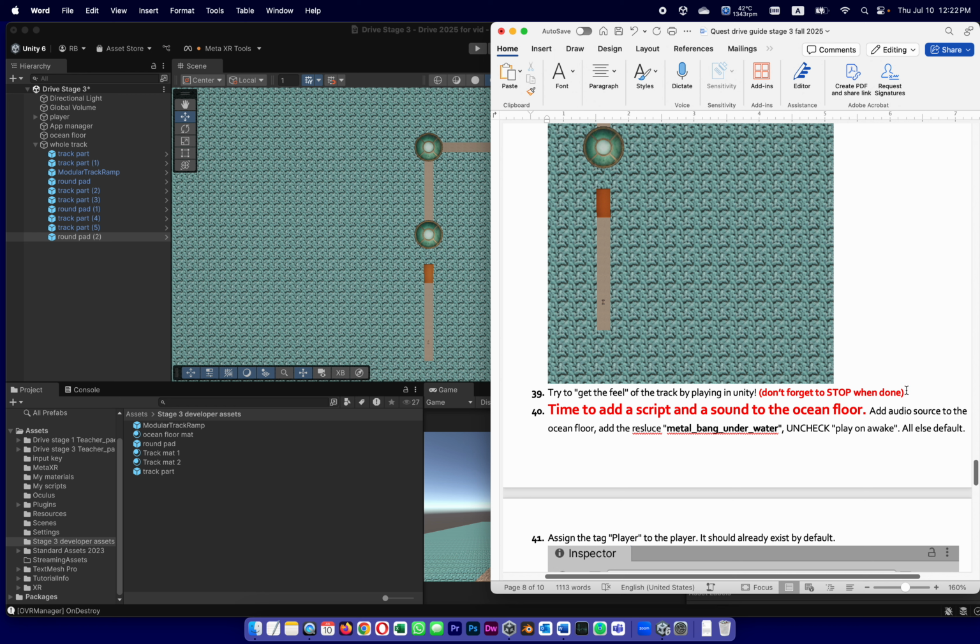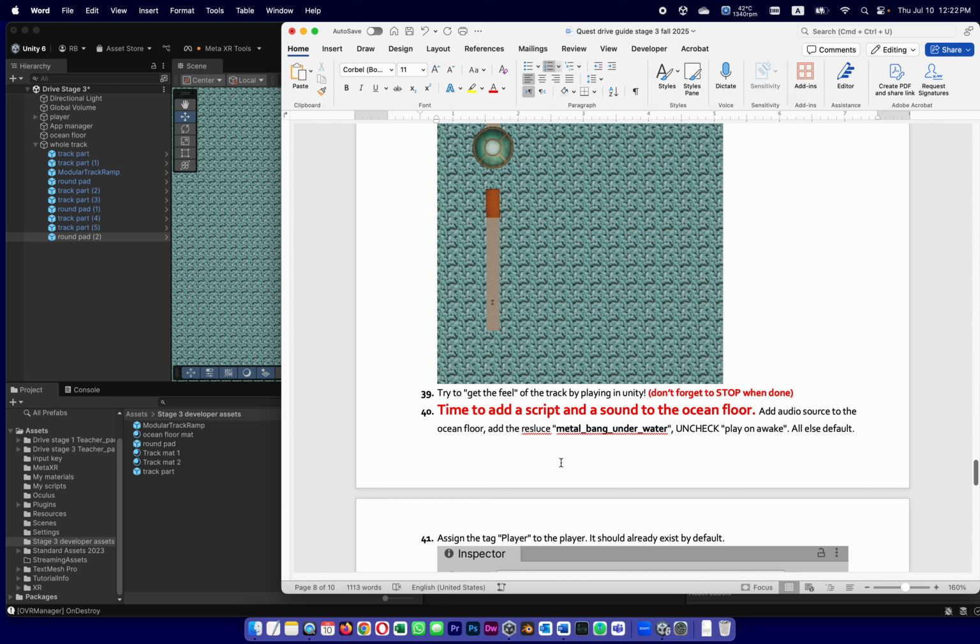In step 40, we're going to add a script so when we fall to the ocean floor, because there's a chance we're going to fall to the ocean floor, we're going to have a sound, and not only just a sound, but also it will reload the scene. It will give us a new life. But it feels like this is something that will be a good thing to do in the next step. As a matter of fact,